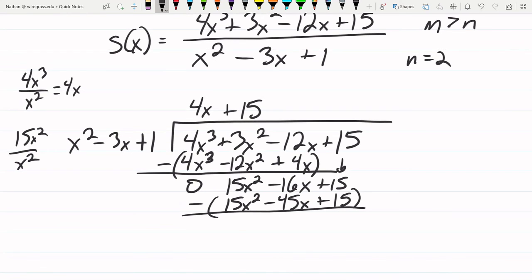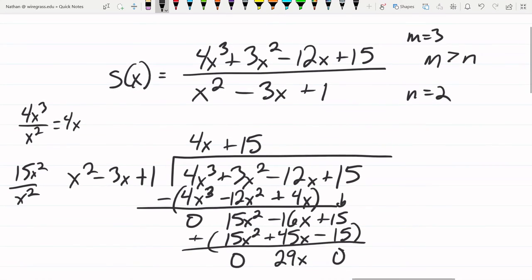And that's going to give us 0 here. It's going to make this one positive, and then make this one negative, of course. 45 minus 16 will give us 29x. And then the plus 15 minus 15 gives us 0. So this thing can actually be rewritten as